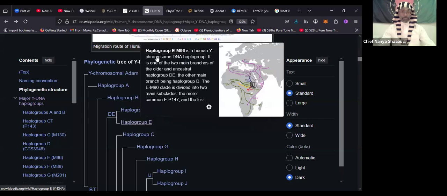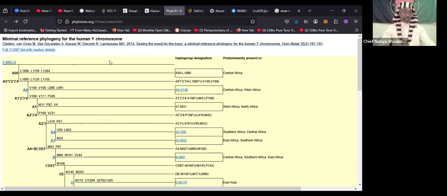Haplogroup E. And we go again here. A00 is another way of saying haplogroup E, or E-V38. Why are we going through all this? Because of the Now Fact